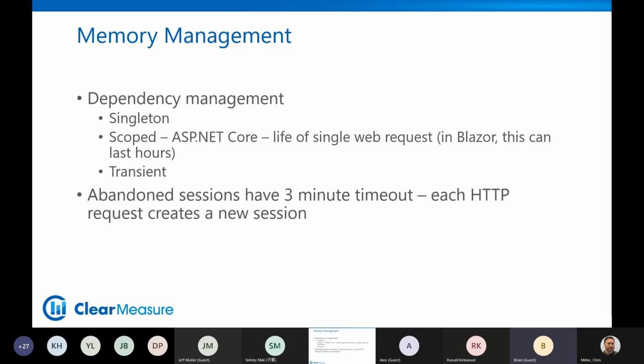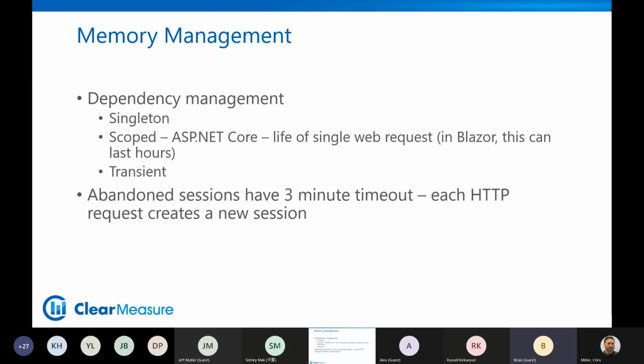Now, let's talk about this, because in a Blazor application, which by the way, the base of a Blazor application is an ASP.NET server application, okay? So in the same process running on a server, you're going to be serving up Blazor pages, but you're also going to be serving up web services, okay?